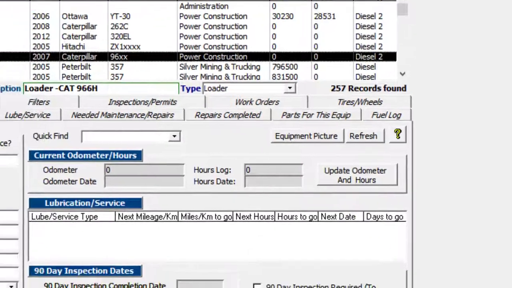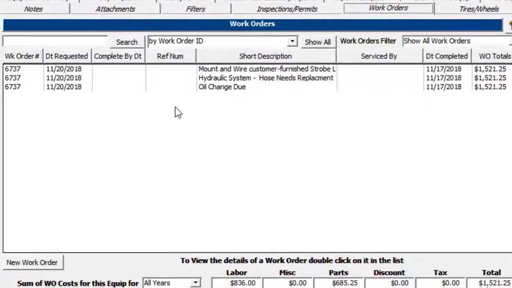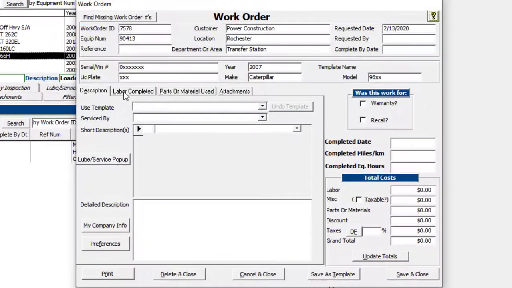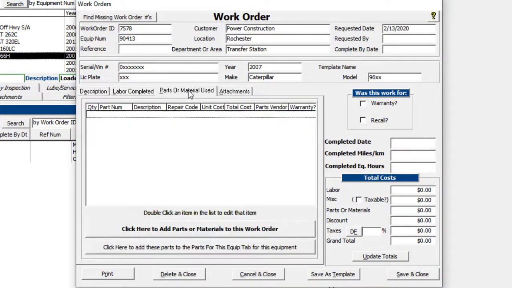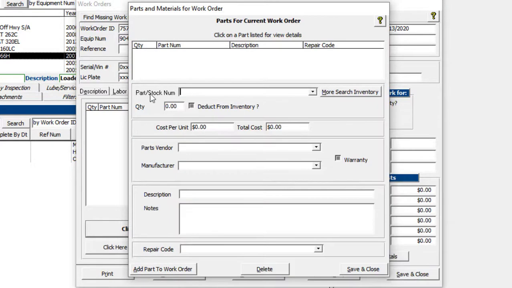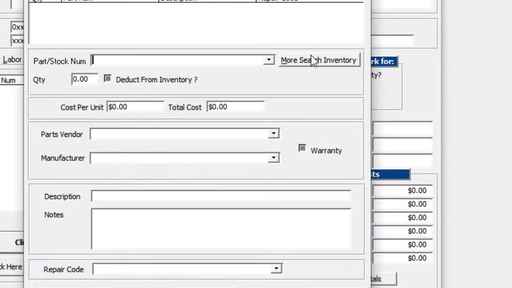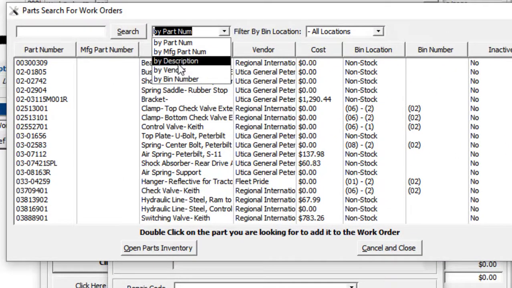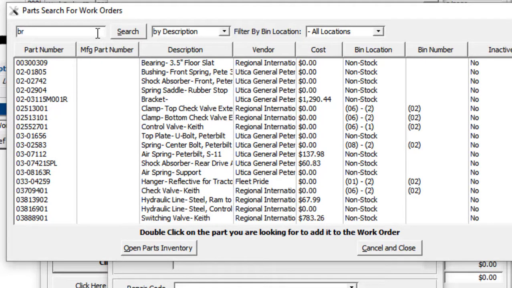So I'm going to go ahead and go into a work order, and we'll just click on new work order. I'm going to go over here to the parts and material used, click here to add a part, and I'm just going to close that little drop down. I'm going to click on this more search inventory button. I'm going to change it to description, and now I'm going to type in the word brake,